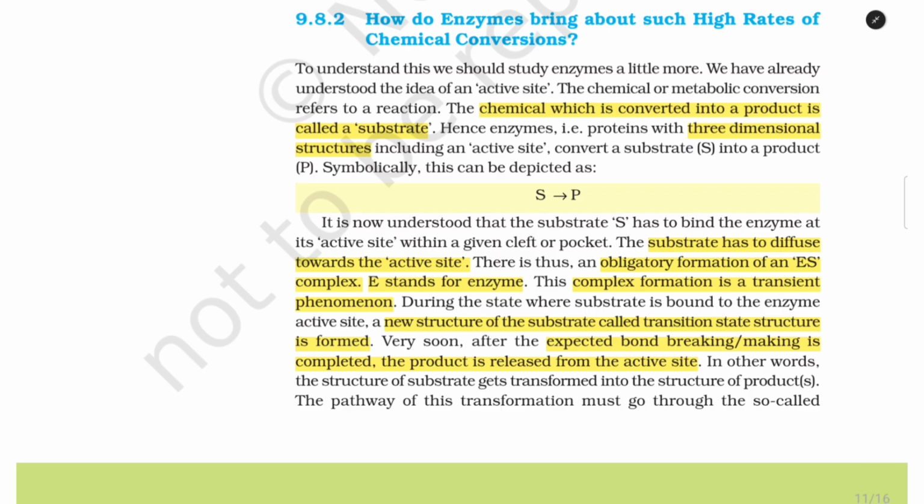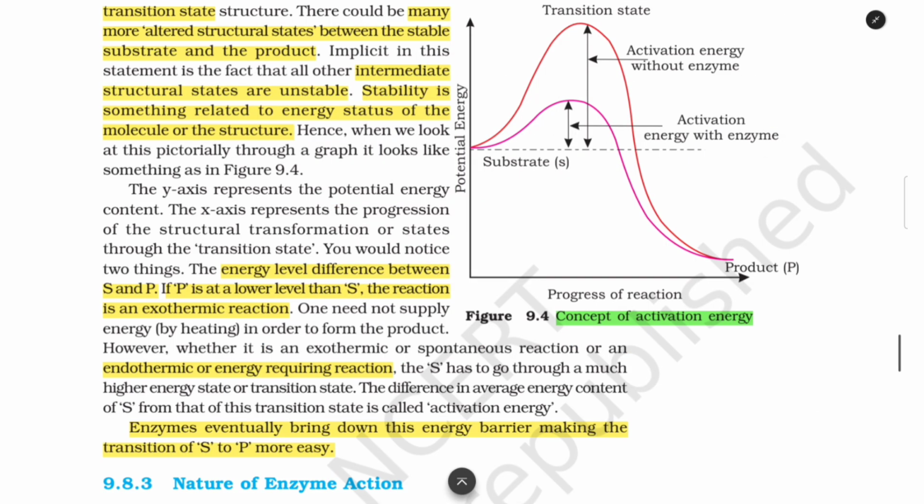The pathway of this transformation must go through the so called transition state structure. There could be many more altered structural states between the stable substrate and the product. Implicit in this statement is the fact that all other intermediate structural states are unstable. Stability is something related to energy status of the molecule or the structure. Hence, when we look at this pictorially through a graph, it looks like something as in figure 9.4. The y-axis represents the potential energy content, whereas the x-axis represents the progression of the structural transformation or states through